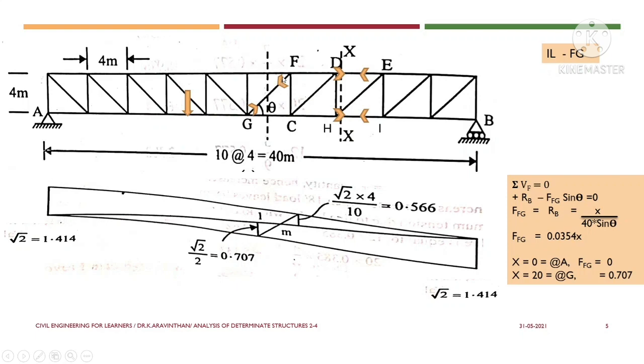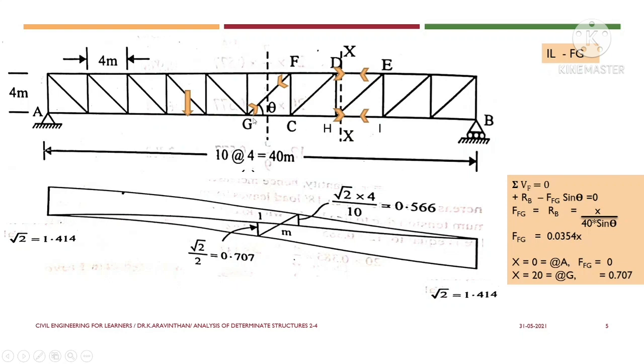During the resolution of forces, if you want to resolve it vertically, you can use sin theta. So FFG is resolved vertically, hence it is taken as sin theta, and it is taken as negative. Why? Because this force, after resolving, is in the downward direction. Then you have the upward force, which is RB. So RB is taken as positive, and for FFG, you can take it outside and divide by sin theta, and RB is x by 40, and you know that theta is 45 degree, and if you multiply that, you will be getting a function of